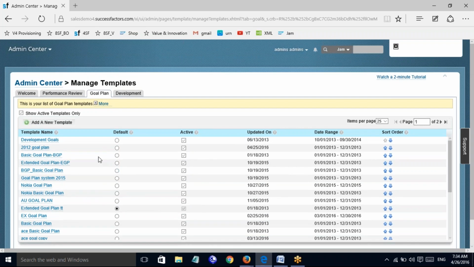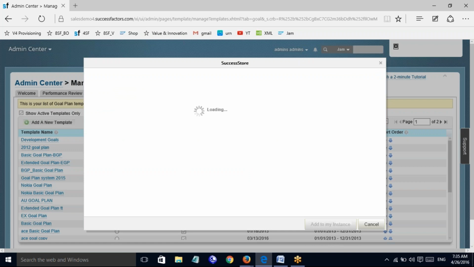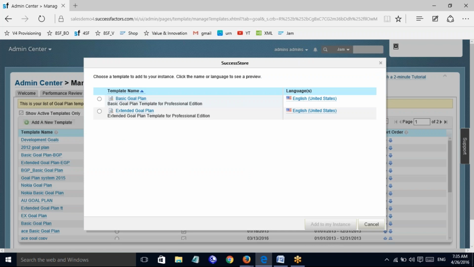And if you want to add a new template to the goal plan tab for all the existing plans, first you simply go and click on add a new template. And you see here the basic goal plan and the second one is extended goal plan. So the basic goal plan has only one goal category.